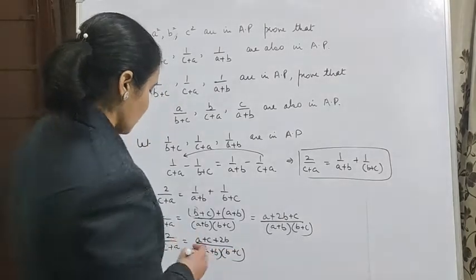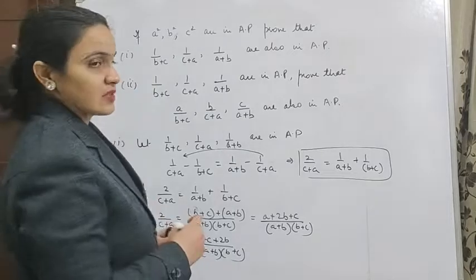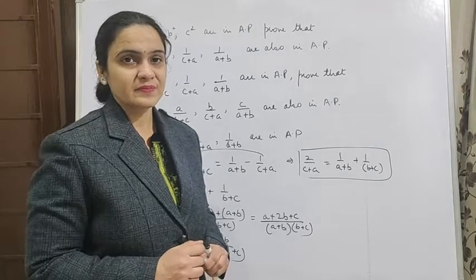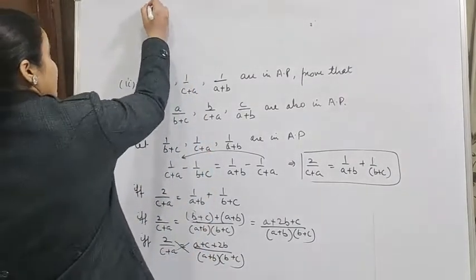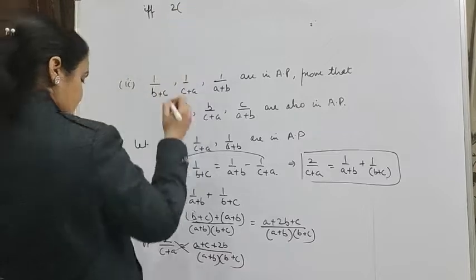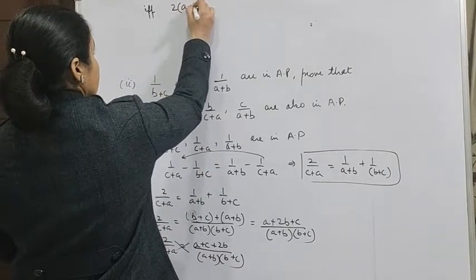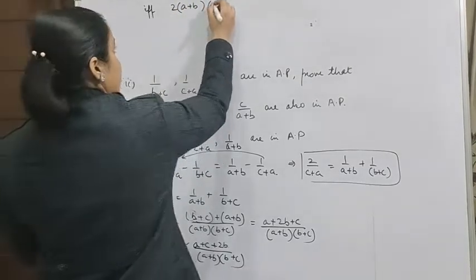So let us now cross multiply this. So we have, so let us now cross multiply if and only if 2 times A plus B into B plus C